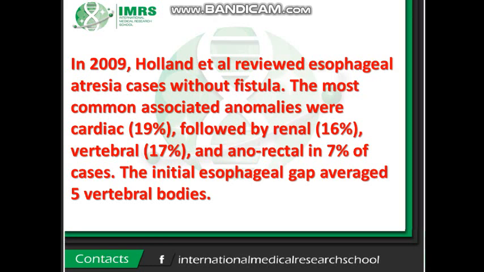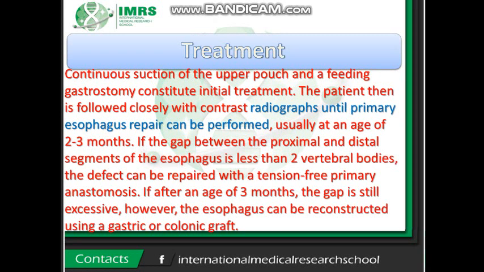In 2009, Hammond and Levine reviewed esophageal atresia cases without fistula. The most common associated anomalies were cardiac, 19%, followed by renal 16%, vertebral 17%, and anorectal in 7% of cases. The initial esophageal gap averaged 5 vertebral bodies. Treatment: